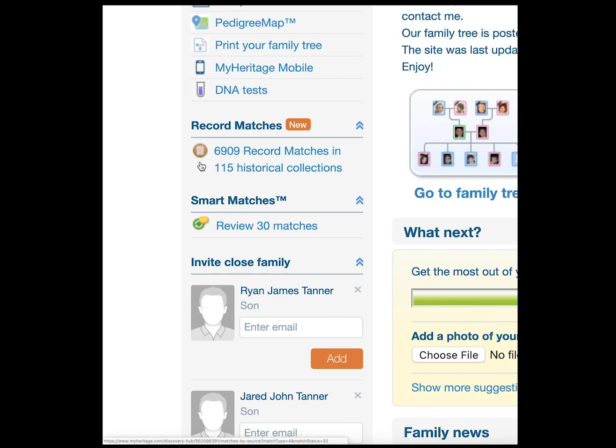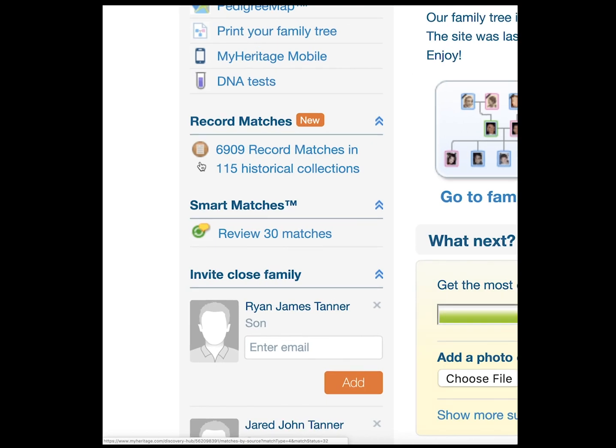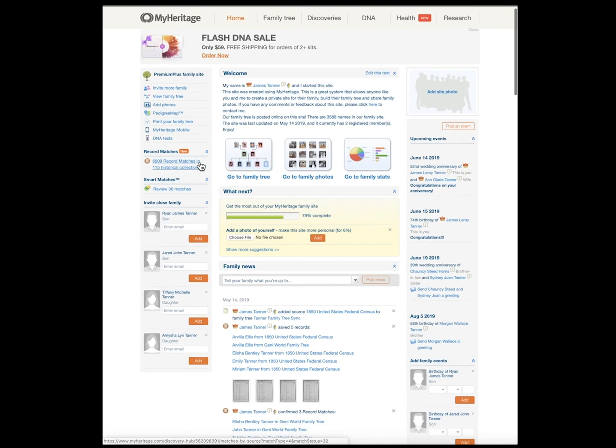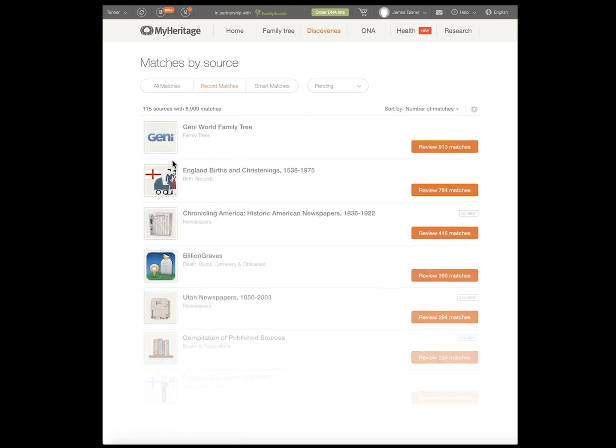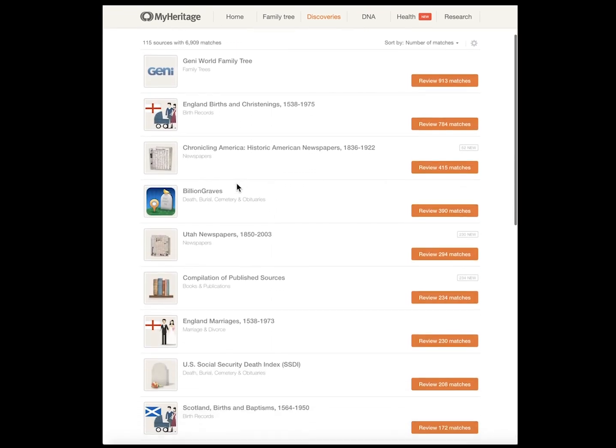And if I do feel inclined to do so, such as right now, for example, I'm looking at newspaper articles, which are very interesting and valuable resources and not available particularly from other websites directly without additional subscriptions. And here, if I look at the record matches that I have presently available on MyHeritage, you can see